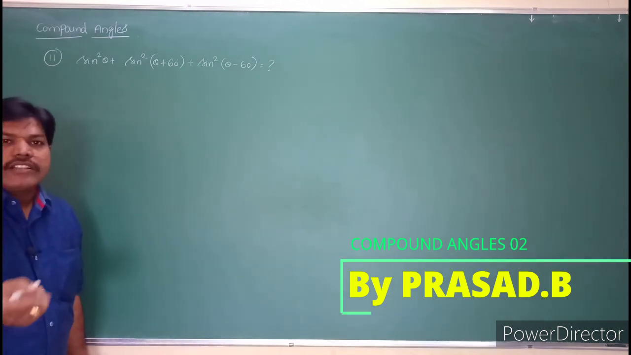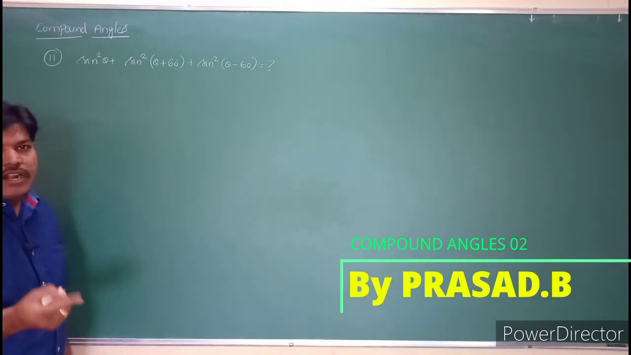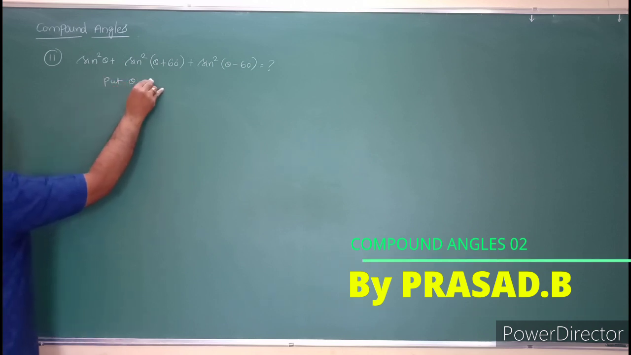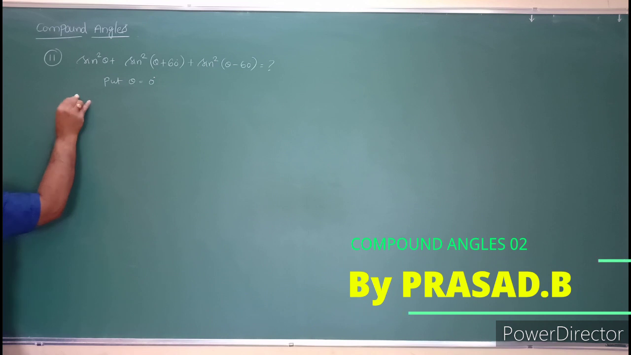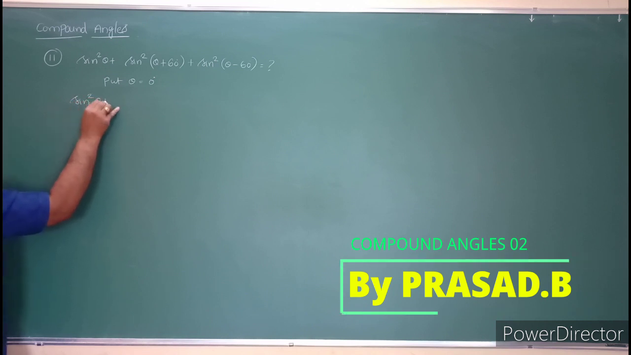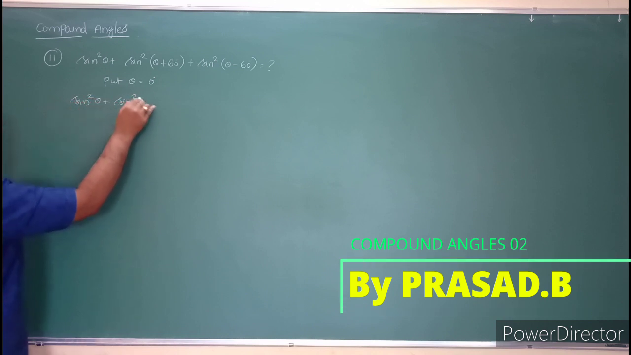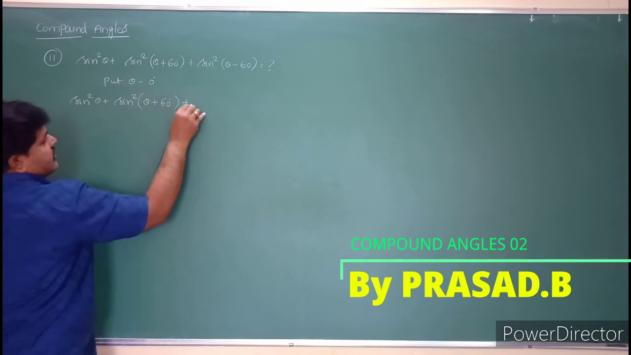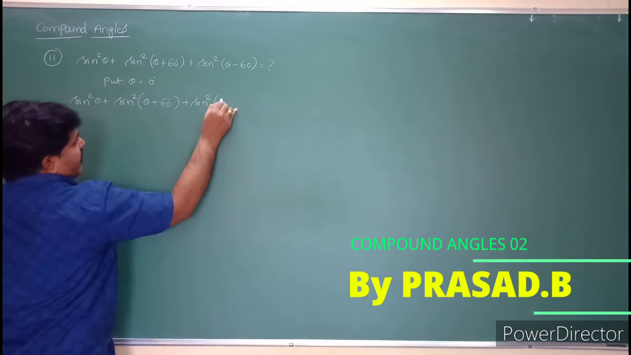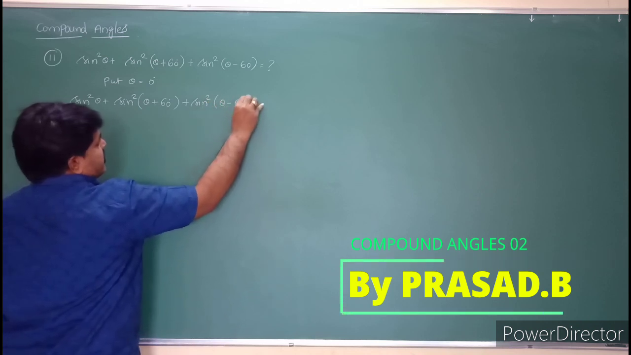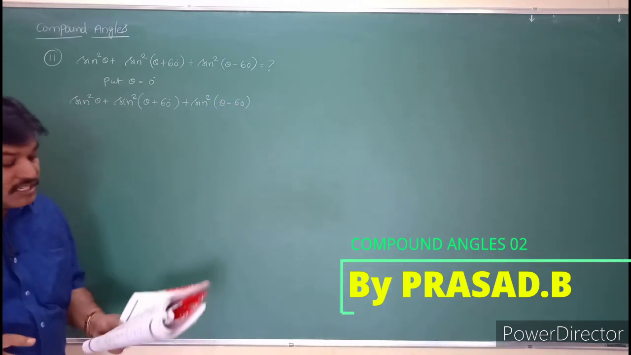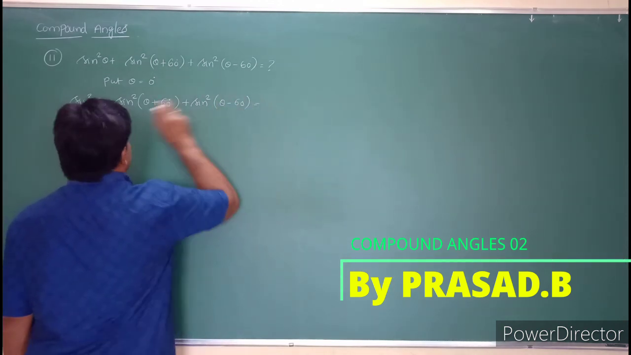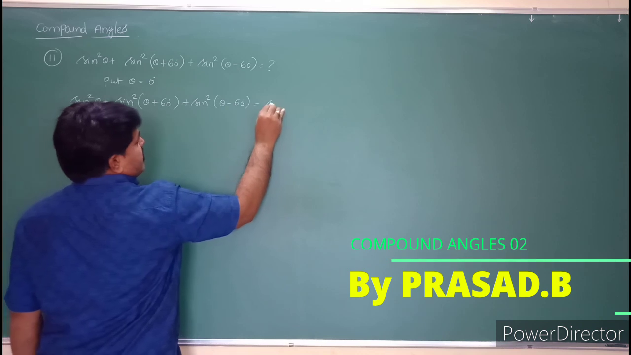So for example, I am taking theta is equal to 0 degrees. What happens? Take that, a very easy one. Put theta is equal to 0 degrees. What happens? Sin square theta plus sin square theta plus 60 degrees plus sin square theta minus 60 degrees. What happens students? So this will become sin square 0